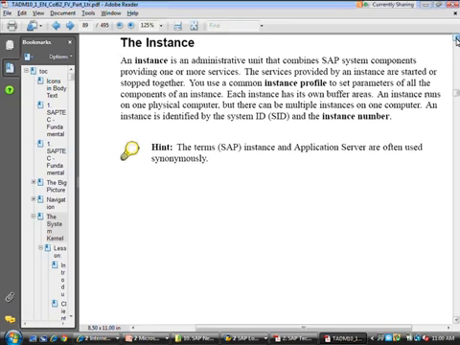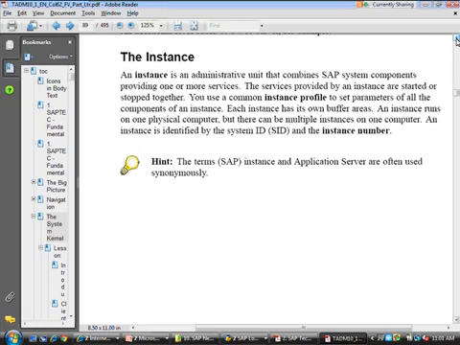Then comes the concept of what is an instance. The word system and the word instance, people often get confused, and it is very important to explain this for you to understand the technical architecture of SAP. So an instance is an administrative unit that combines SAP system components providing one or more services.